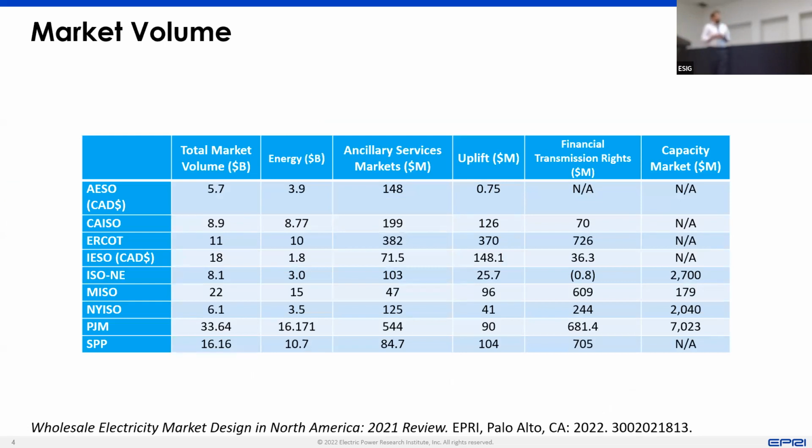I like showing this table. This is something we do every year to give a feel for how much money flows through some of these different products and different regions across the US. A lot of information on here, but I think it's always useful to see, and this changes every year, and sometimes significantly. In fact, I think you'll see some really big changes if we look at the 2020